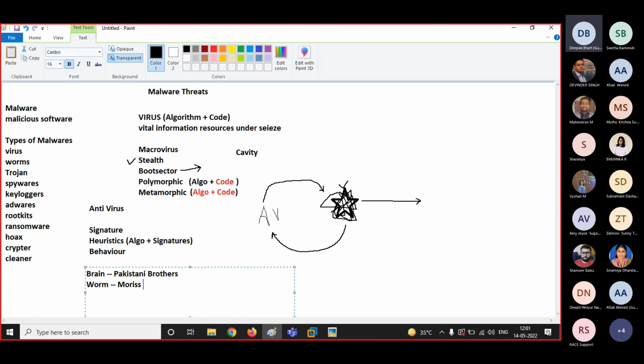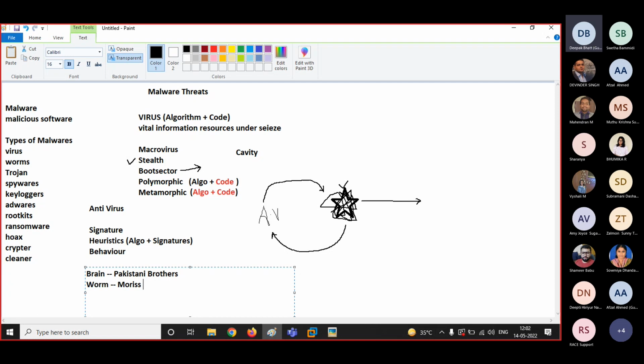The best thing about Trojans is that they look like legitimate applications. Now, if a Trojan is inserted in your computer, guys, then you will not have any idea that a Trojan is there, and that Trojan can give the backdoor entry to me into your system without your knowledge. That is known as Trojans.